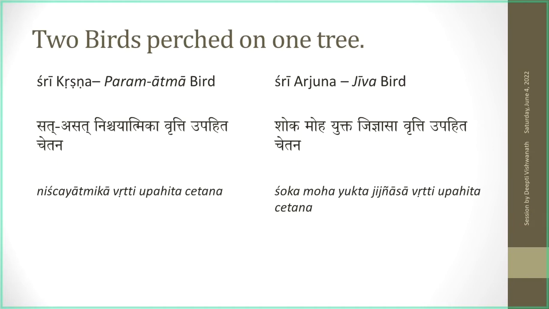The awareness, the cognition, the knowledge of what is absolute truth. And in the light of absolute truth, everything that is asat, not truth, false. Another word we saw was mithya. Krishna is sat, asat, nishchayatmika vritti. Vritti is thought. Means the discernment that is there, correct discernment of what is the absolute truth is Krishna.